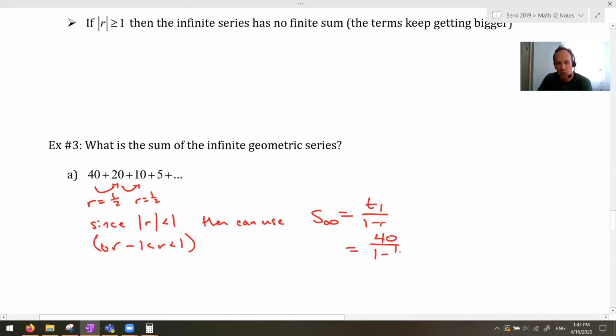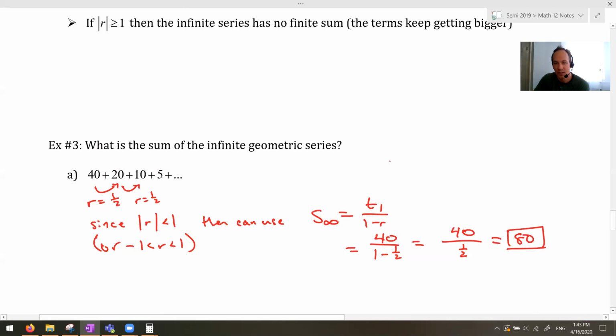1 minus 1 half. So I don't need my calculator for this. This is much better. These are much cleaner to work out. 1 minus a half is equal to a half. 40 divided by a half is the same as 40 times 2, which is 80. If you took these numbers and you kept adding them forever, you will get to 80. And this is really quite an interesting result, because if you notice, we started with 40 and we're cutting its